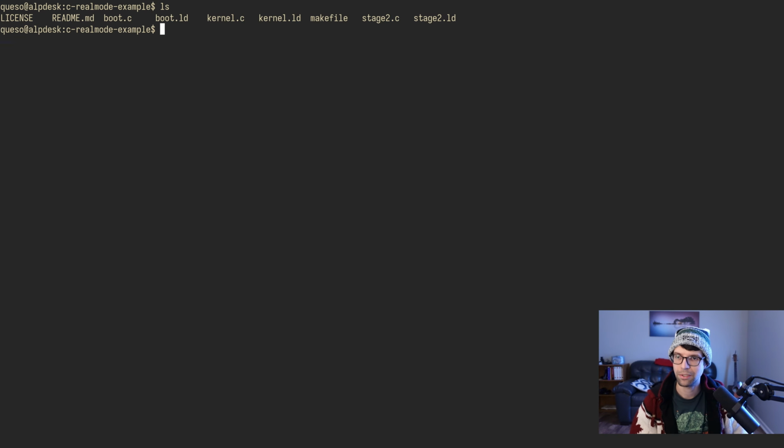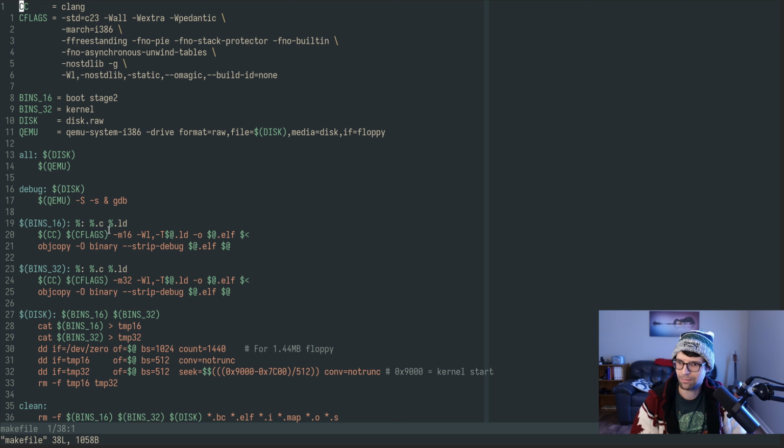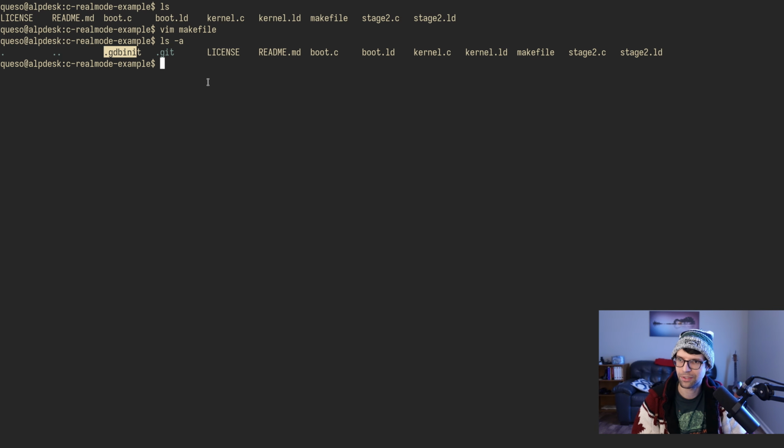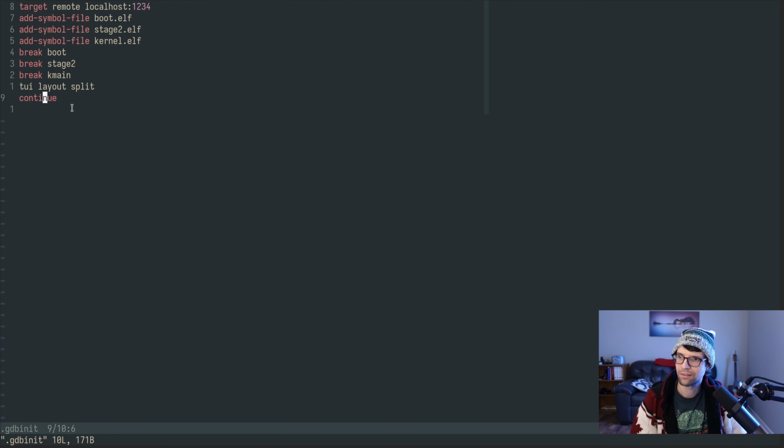But also mentioning debug, since I am starting up with the capital S, lowercase s, and running GDB here, I found it's a lot easier than print debugging to use an actual debugger with stuff, especially for low level or bare metal projects that are freestanding like this. I do have a GDB init file, which is just commands that GDB runs when you call GDB, if it's in the local directory. So since qemu starts up with the -s,